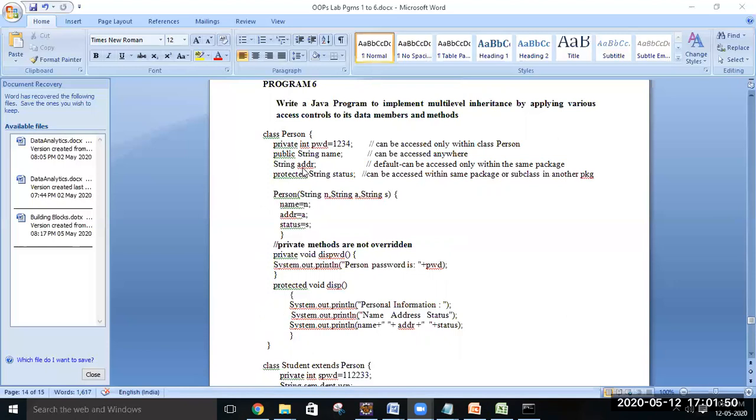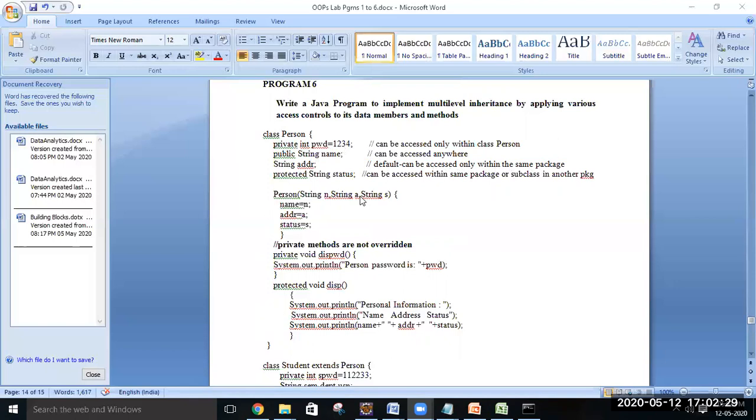Then we have another data member called address, whose data type is also string, and there is no access modifier specified here. So it has the default access modifier. The speciality of the default access modifier is that it can be accessed only within the same package. The programs we have seen so far were within a single file, but we can have multiple files inside a single package.